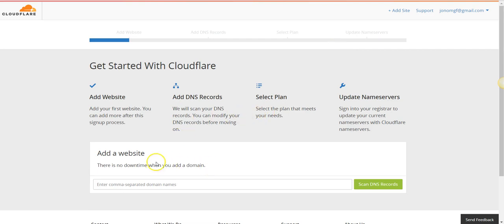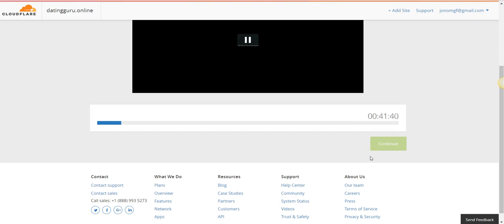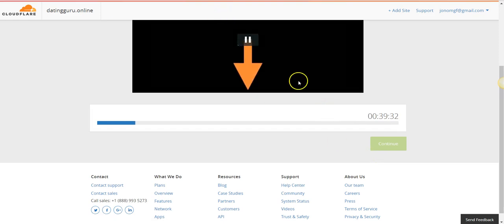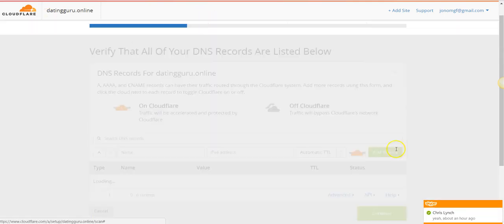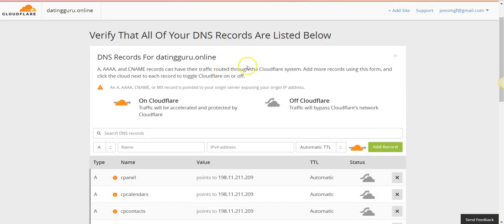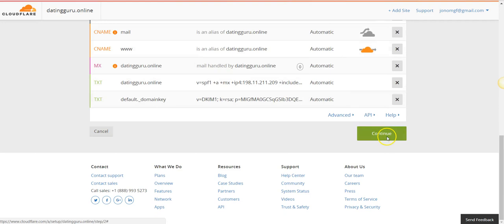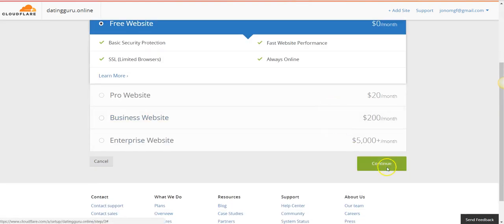So in the Cloudflare account that I'll give you the information for, you put the domain in here. Don't just put it in like that. Scan DNS records, and we're going to let it scan through. I'll just pause it. Okay, it's finished scanning the DNS records. Only takes a minute or so. So click continue. Then this all should be fine. So you just click continue again. We go free website, continue,